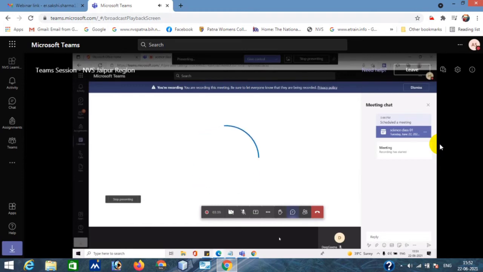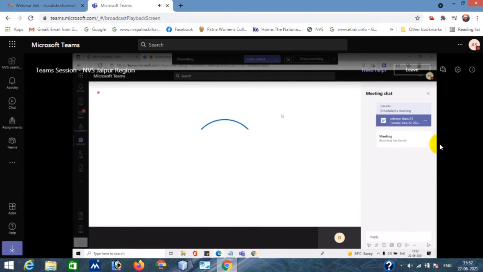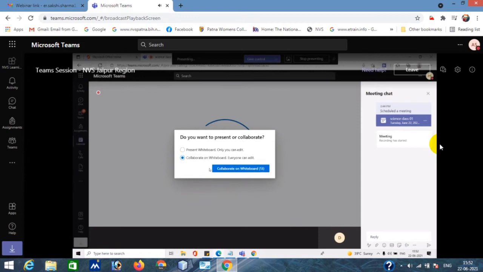In the previous meeting, Ratnakar sir explained how to use the whiteboard directly from the system. These are the inbuilt options of Microsoft Whiteboard, and you can also use them in the meeting windows. It is loading some of the annotations, pen and pencil, and then you can use this whiteboard to do annotation. You can also collaborate, which means you can allow your students to do annotation on it.